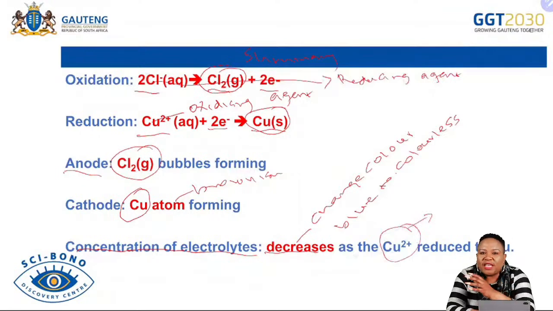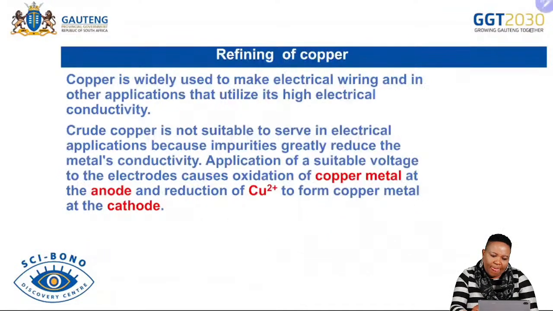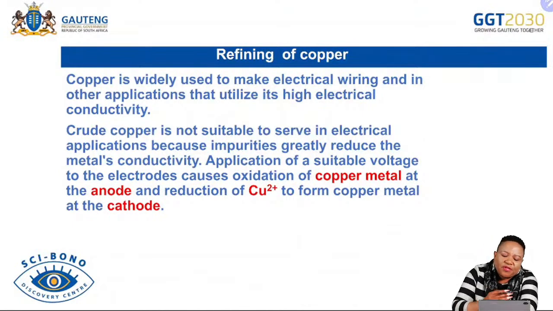And we will also observe the concentration of copper 2 plus from copper chloride fading or becoming colorless, to show that the copper 2 plus ions are moving away from the solution, gaining electrons and forming copper. So this is the first process we looked at, the decomposition of copper 2 chloride. Now the second process that we are going to talk about is the refining of copper. We can say refining or we can say purification